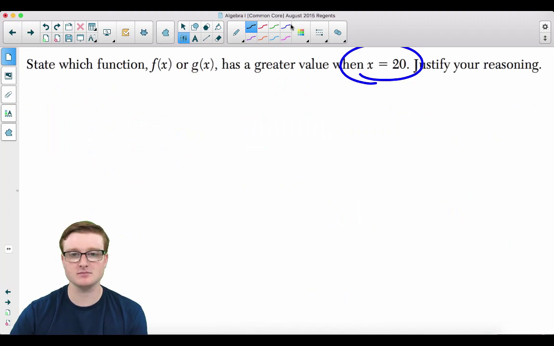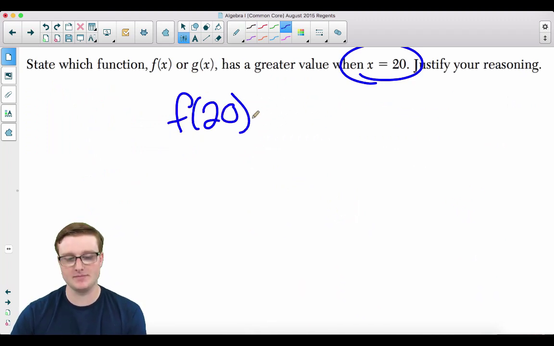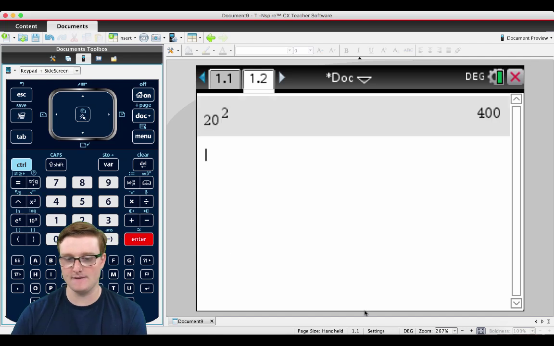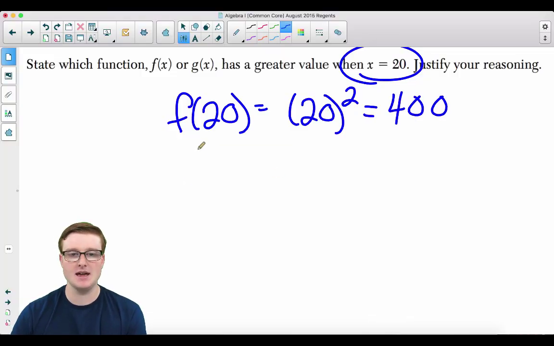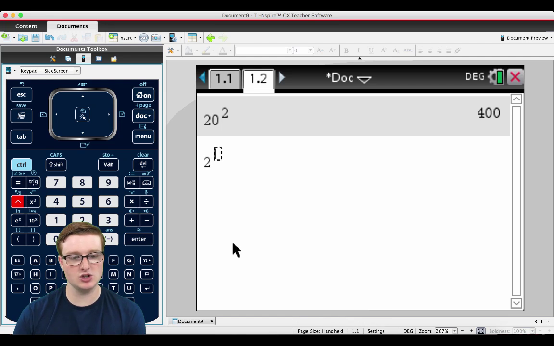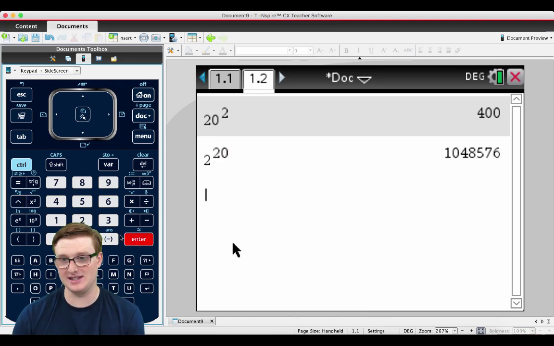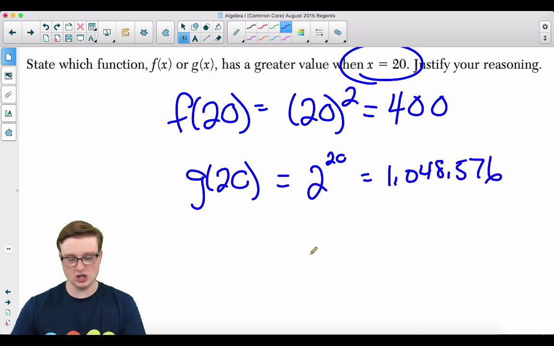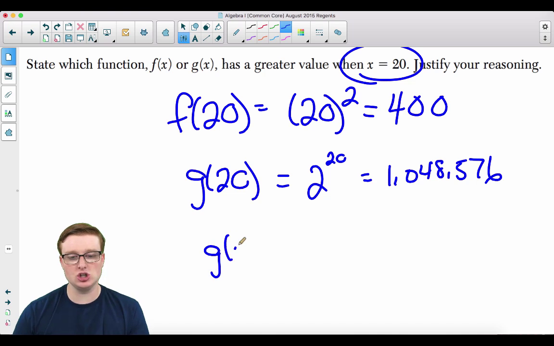Let's figure it out. So if I plug in f of 20, that is equal to 20 squared. If you take 20 and you square it, what does that give you? 400. So we get 400. Now, if you take g of 20, that gives you 2 raised to the 20th power. Well, 2 raised to the 20th power is that number, 1,048,576. So, of course, you have to say g of x